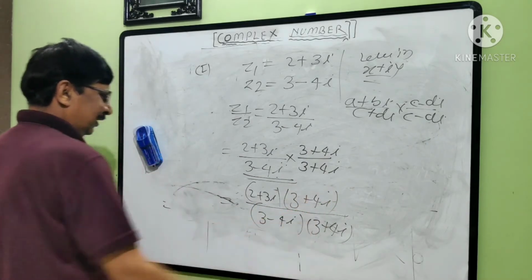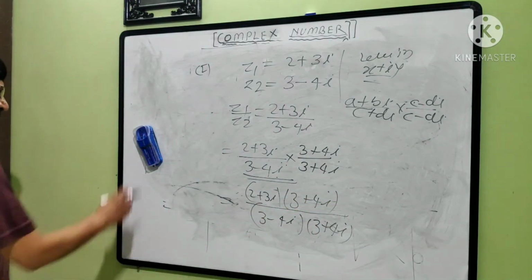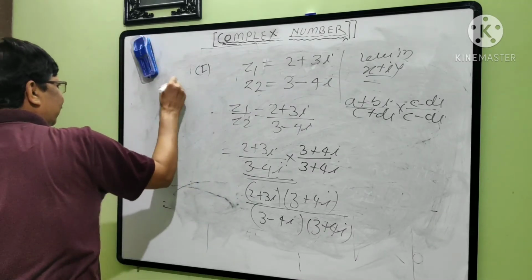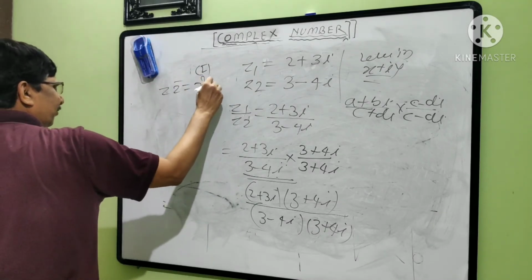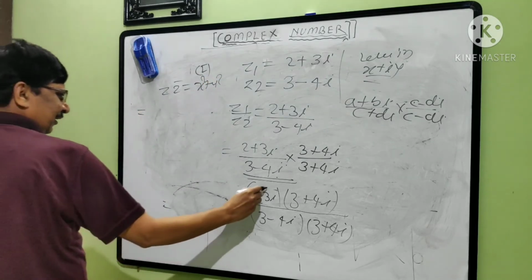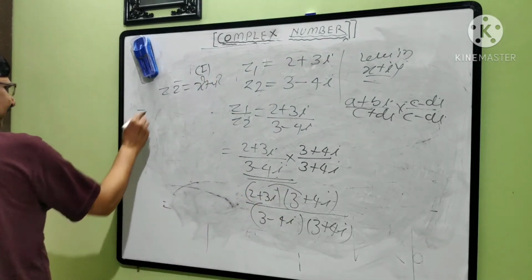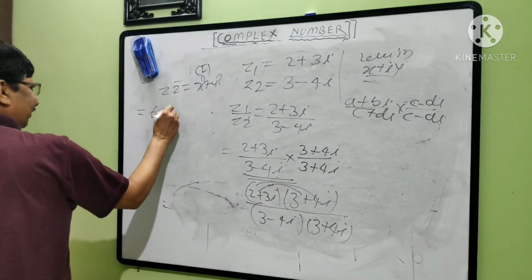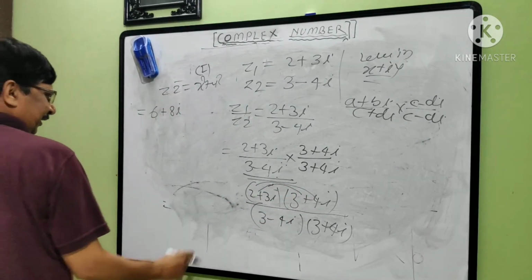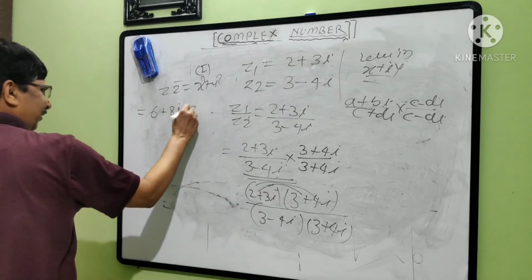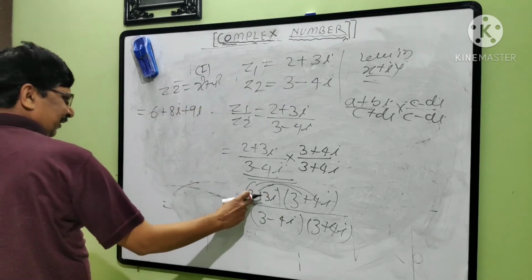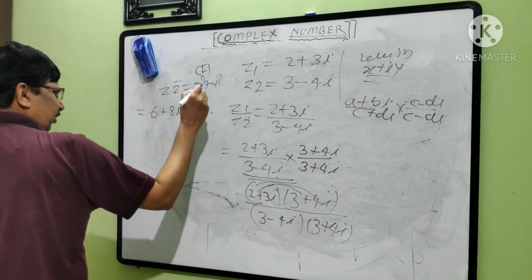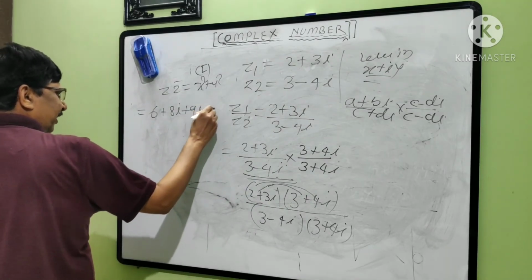ओके, नाव डिनॉमिनेटर बघा रियल होईल का? कॉन्जुगेटचं मल्टिप्लिकेशन तुम्हाला माहिती आहे. Z1 इंटू Z बार एक्स स्क्वेअर प्लस वाय स्क्वेअर. डायरेक्ट लिहायचं असेल तरी लिहिता येईल. हे मल्टिप्लिकेशन डायरेक्ट नसेल करायचं. 2 3 जार 6, 2 4 जार 8I. 2 आयच्या टर्म येतील, 2 रियल नंबर येतील. 3I इंटू 3 9I. ही मात्र टर्म आयची येणार नाही. 3 इंटू 4 12 I स्क्वेअर येणार. 12 I स्क्वेअर मीन्स 12 into -1, that is -12.